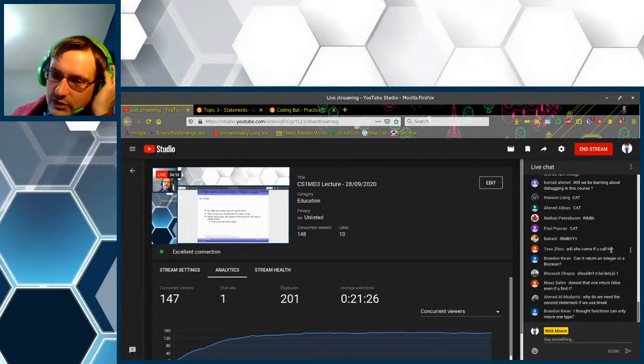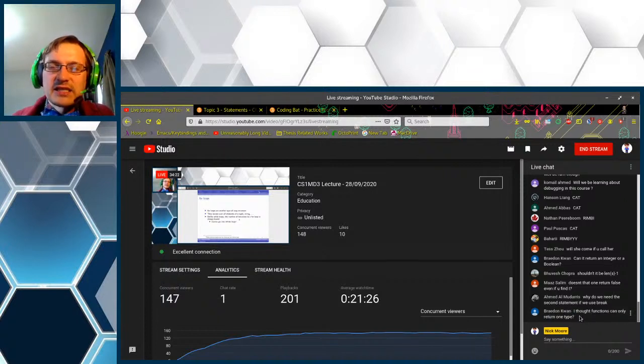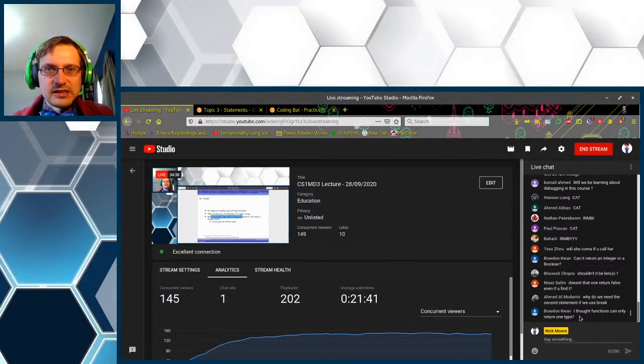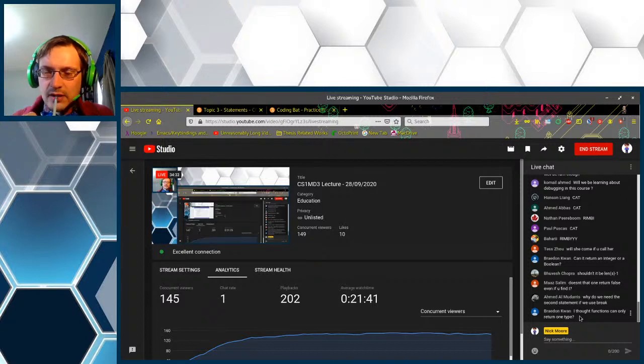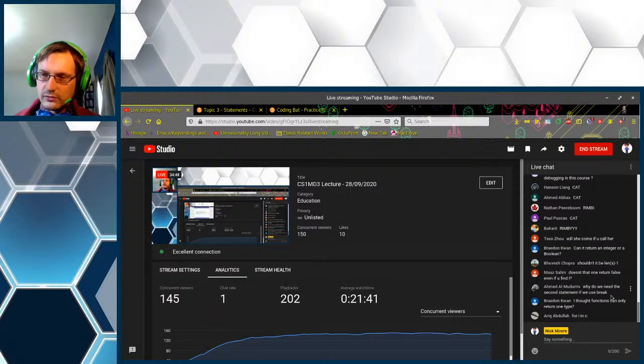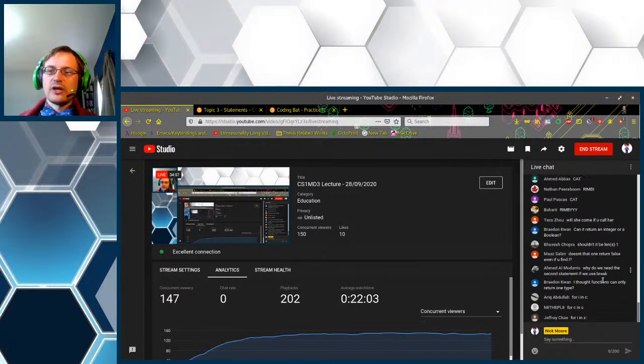Good question. I thought functions can only return one type. In other programming languages, that is the case, but since Python is dynamically typed, you can have a function that returns multiple different kinds of things, depending on its execution path. That's an element of Python's dynamic type system. There you go. Why do we need the second statement if we use break? You kind of don't. I mean, you could also just use